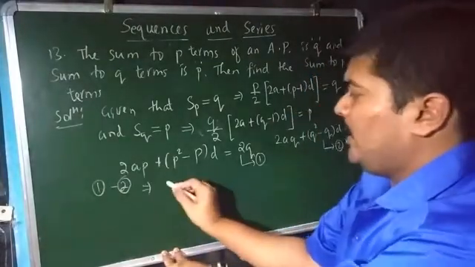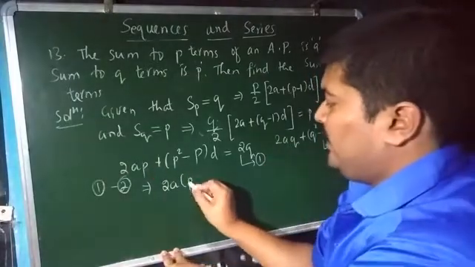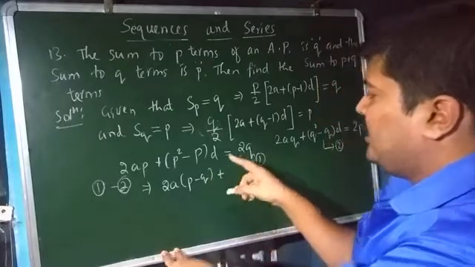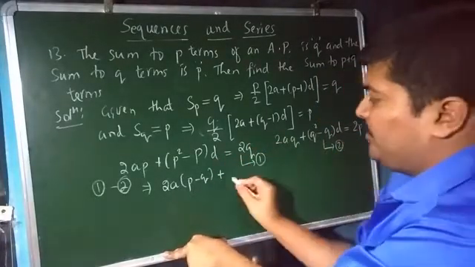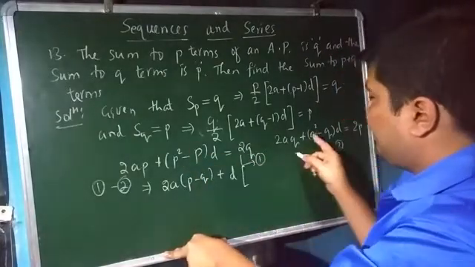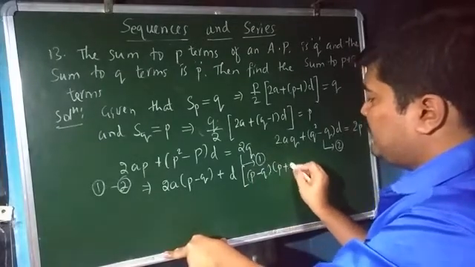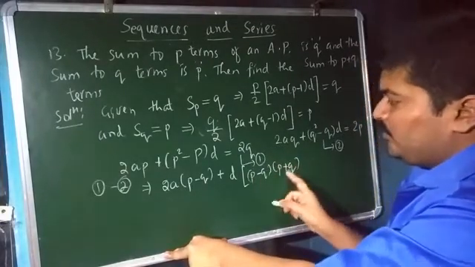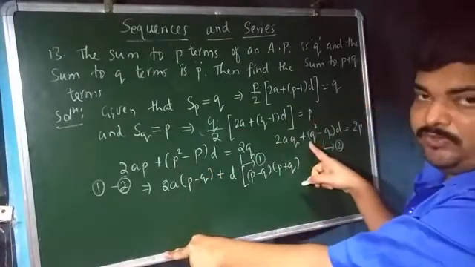Now see here, we are having the term 2a, isn't it? This one minus this one, you get p minus q plus, here note that you are having the term d as the common term, isn't it? From these two terms I will write p square minus q square as equal to p minus q into p plus q. Because if you multiply these two things, you'll get p square minus q square. That is p square minus q square, isn't it?